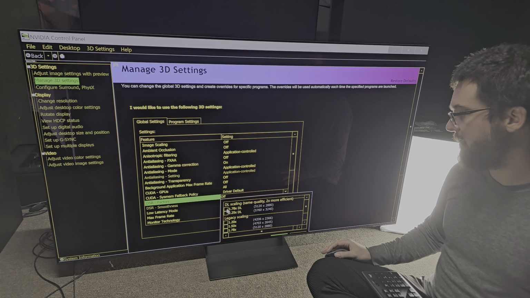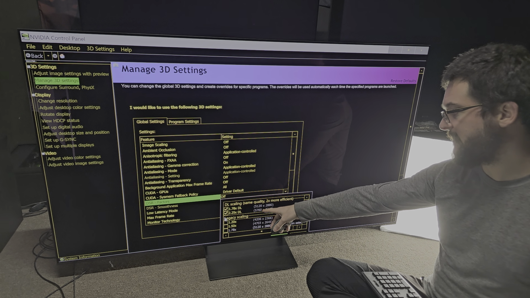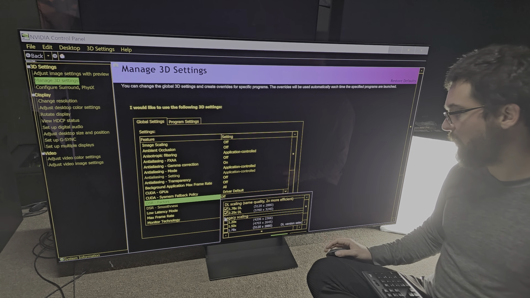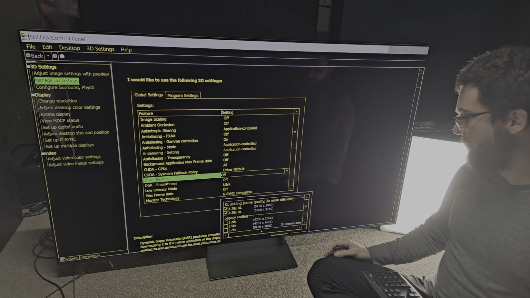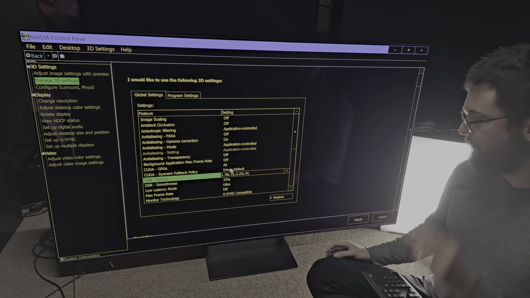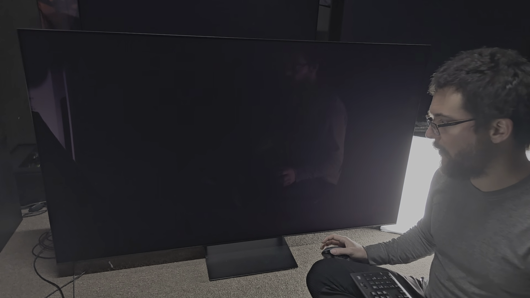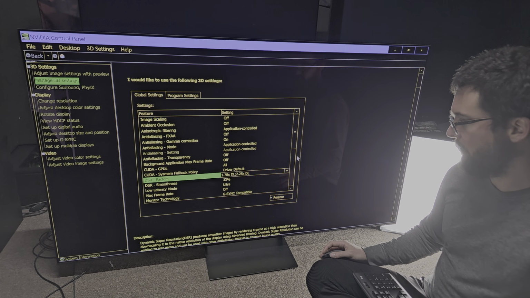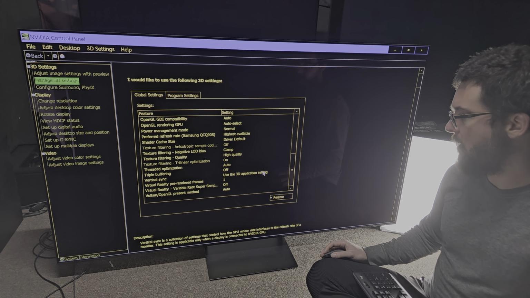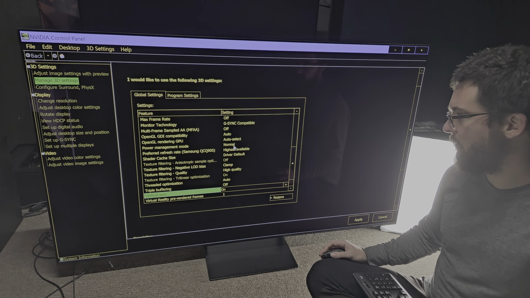So now these DLDSR resolutions are right. 5760 by 3240 and 5120 by 2880. So we click OK. That's all good. Apply. And it should work now. So let's try it. Should work now. So now that we are here, I force VSync on the Nvidia control panel, high quality clamp,